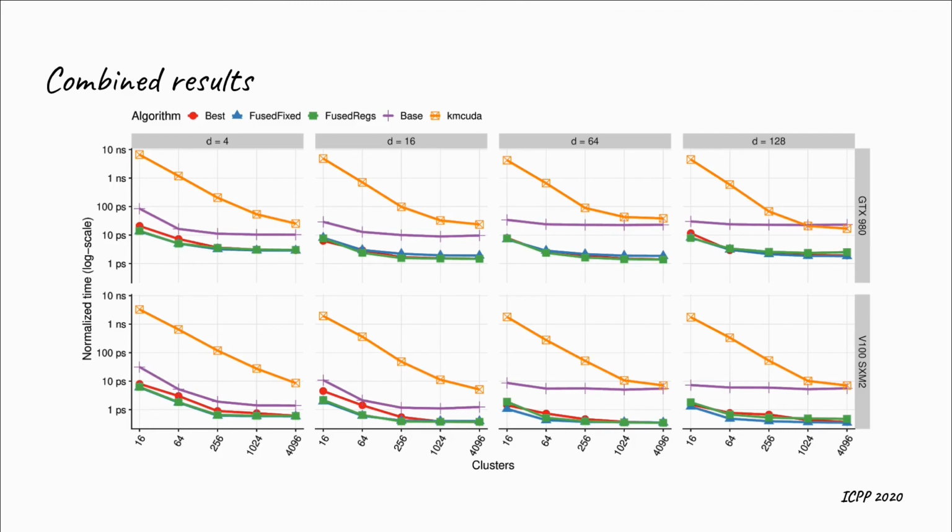In the paper we have compared several final versions of the algorithms. The best one was the best combination of the low-level primitives optimizations for specific parameterization of the problem that we could obtain. We have also tried 2 fused versions of the algorithm where the assignment kernel doesn't produce the assignment vector into the memory but is immediately feeding the output into the update kernel, which can also lead to interesting speed up. We have compared those against the baseline, which is the primitive not optimized algorithm that we have started with. And we have also compared to CUDA, which is one of the not many open source implementation of GPU